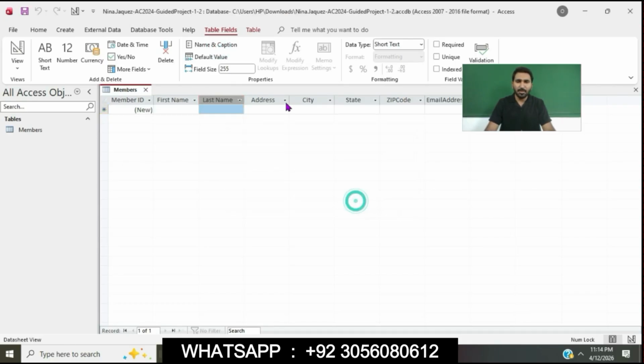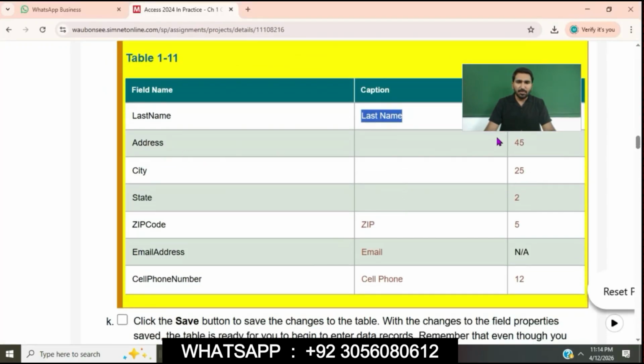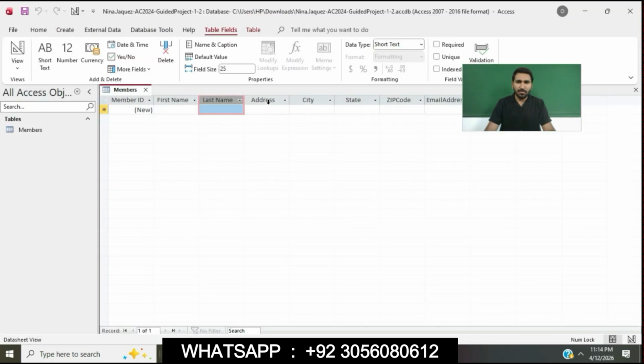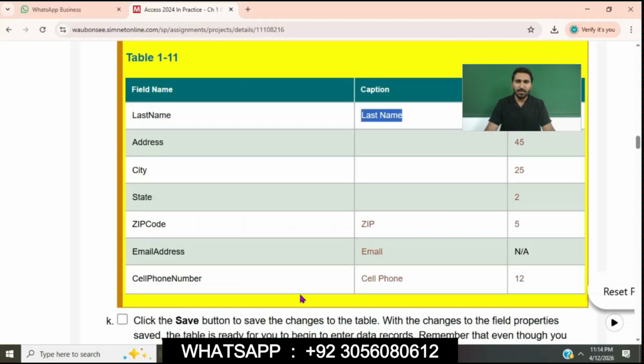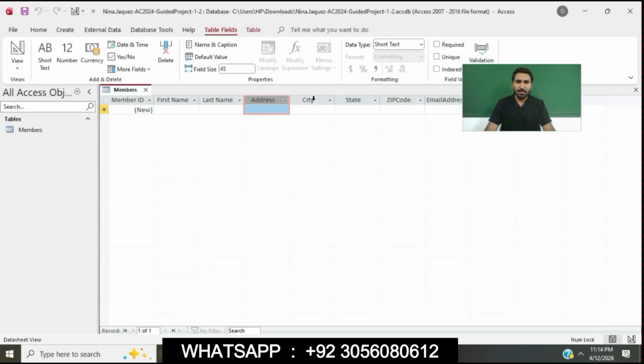Click on the OK button. Field size is 25. So we will go to the address field. Sorry, first we will set the field size. Field size is 45. Next is city.